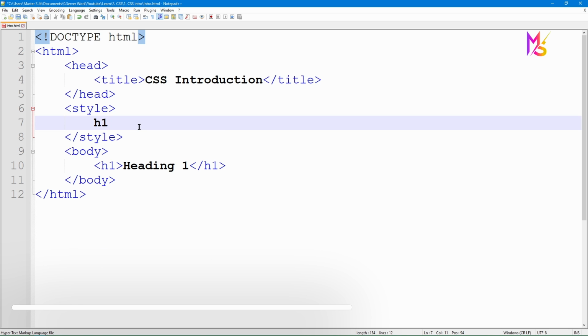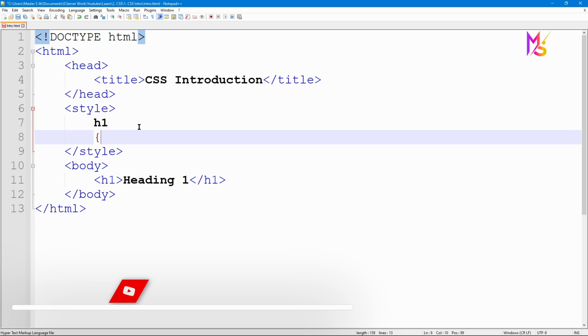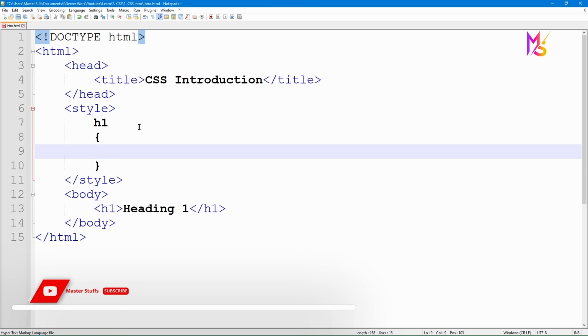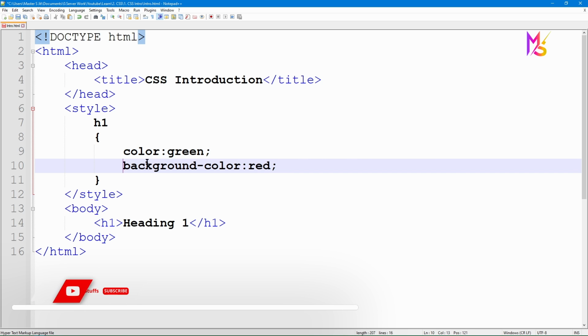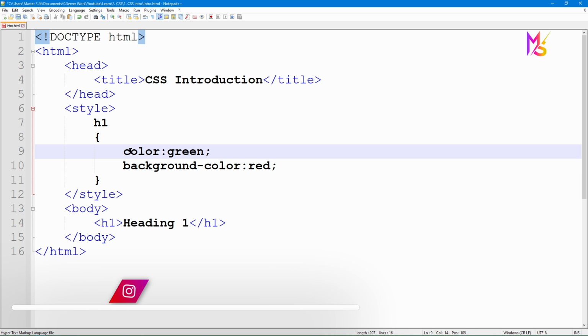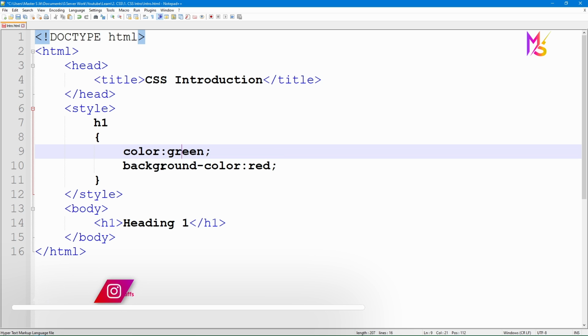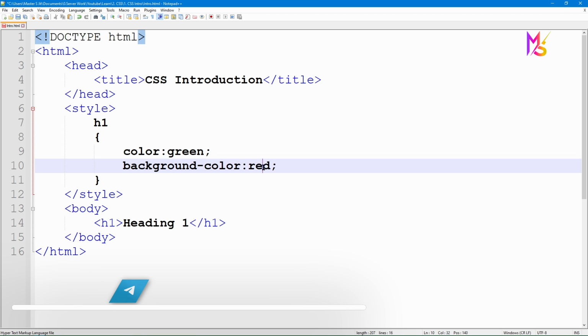After that I write curly braces and end this first. In here we start coding. So I just paste this and break the line into new lines, and you can see it is showing that for the h1 heading, the color should be green, means text color should be green, and the background color should be red.